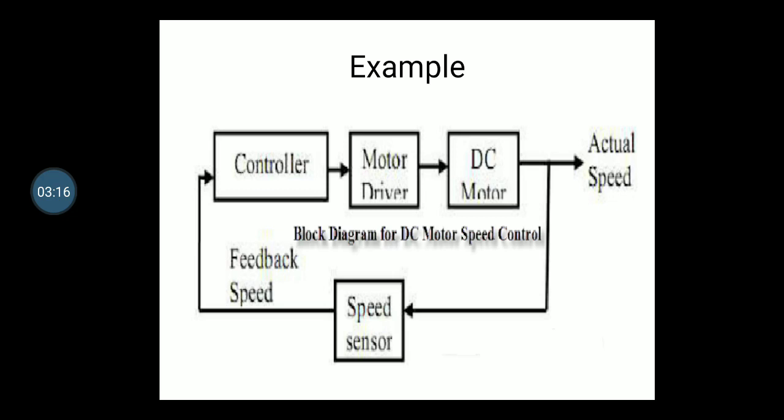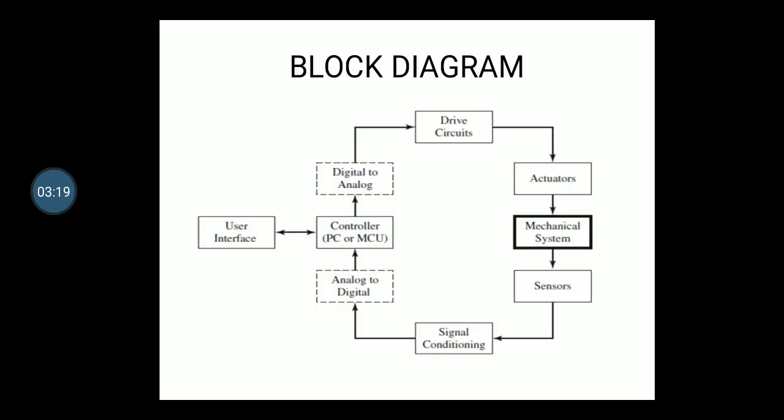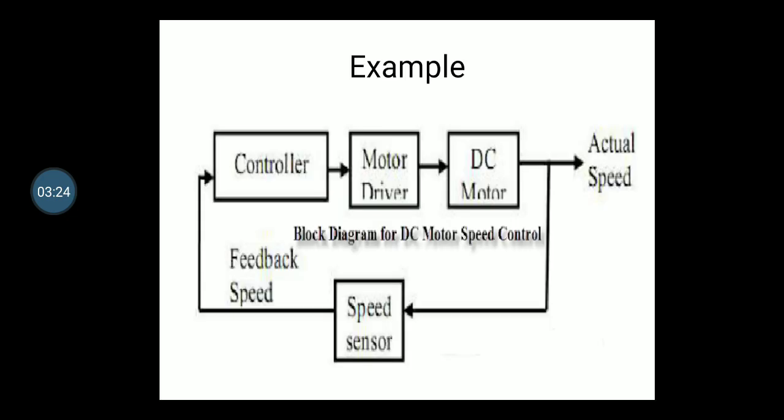Okay, so what will happen? I will give input to the controller, right? You can see here, this is a user interface which is connected to the controller. Okay, so I will give the input to the controller using the user interface. So here we haven't shown any user interface, but you can understand that we give the input to the controller that I want the speed at 1200 rpm. Okay, so what will the controller do? Controller will first see what is the actual speed right now. So what is the actual speed right now? 1000 rpm. So that 1000 rpm is sensed by the sensor, and it will be given to the controller.